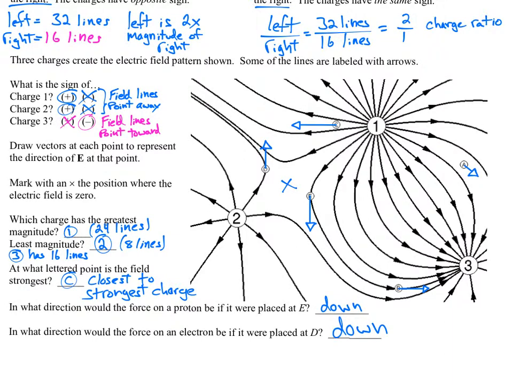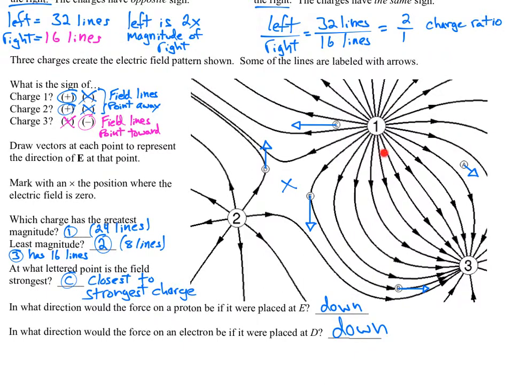Notice that I made my arrows roughly correspond to the magnitude of the field there. So point C, which was close to charge 1, which is a pretty strong charge because it has so many lines around it, this arrow is larger, this arrow is smaller, these arrows are somewhere in between. That leads us to a later question,